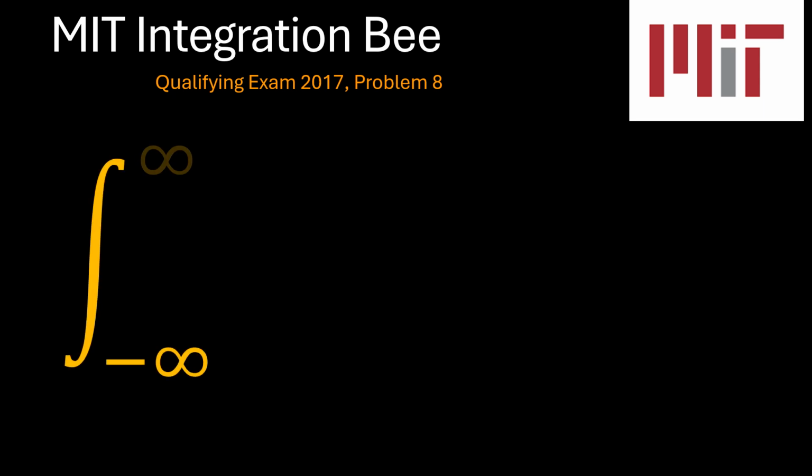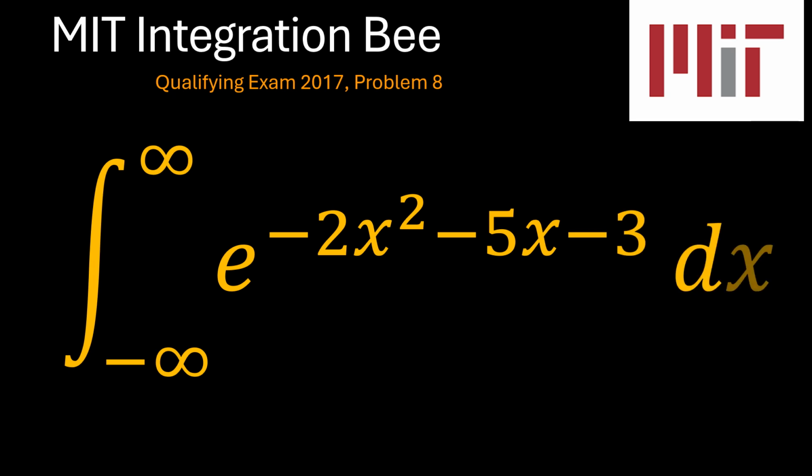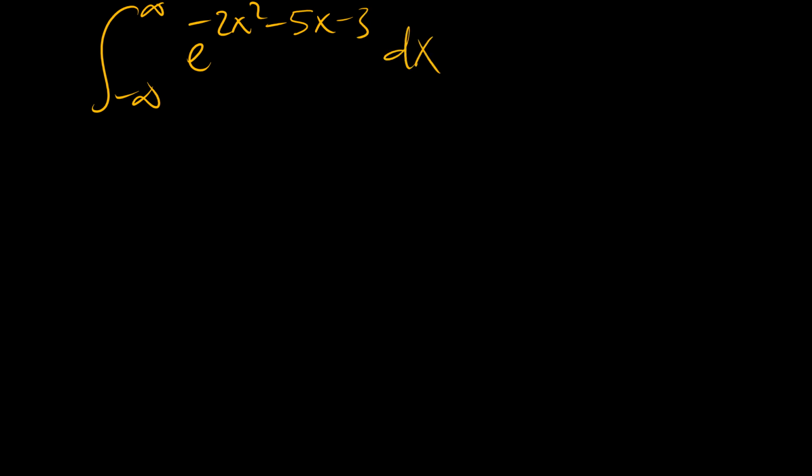So problem number 8 of the MIT integration book of exam 17, which is a definite integral from x tending to negative infinity to x tending to positive infinity of e to the power negative 2x squared minus 5x minus 3. This is actually a very interesting problem, and let's see how we may be able to solve it. So this is our problem, right? This is a tricky problem, but it assumes that you know